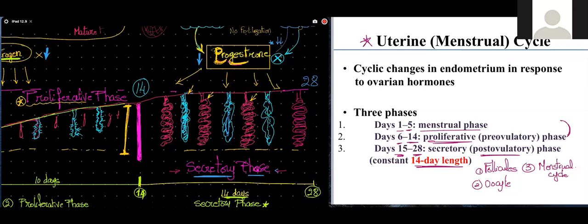But before that, so before the menstrual cycle, definitely you need to describe the hormonal regulation. And finally, going to be the 3 phases of the menstrual cycle. So you can explain each one separately,